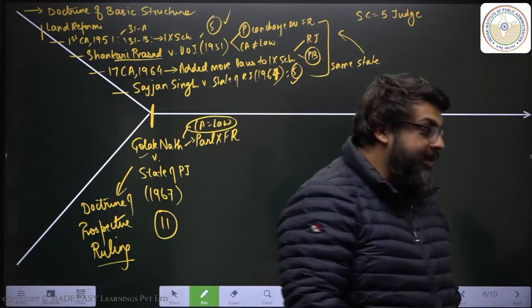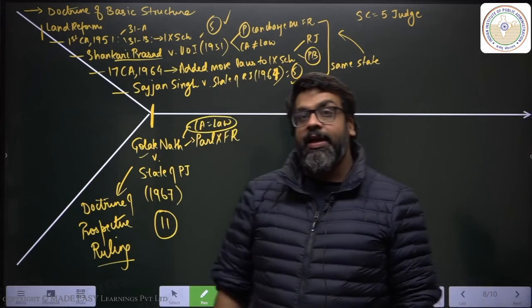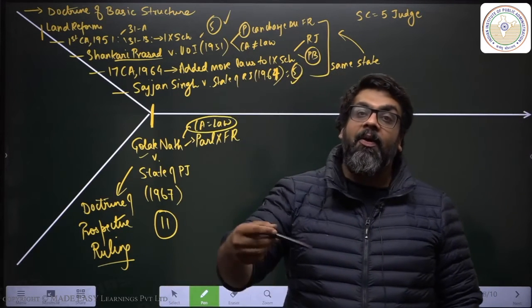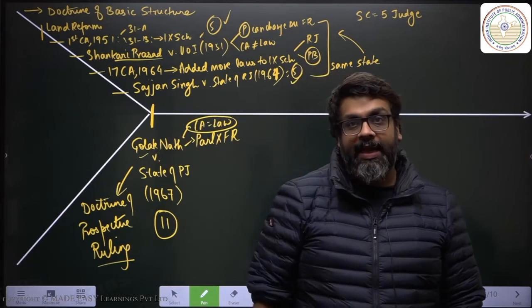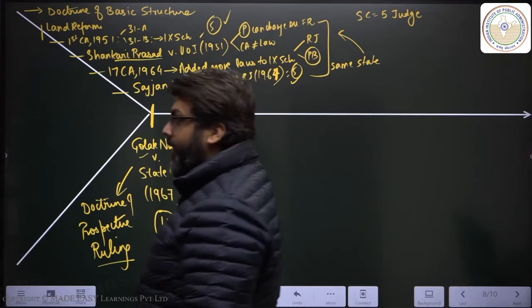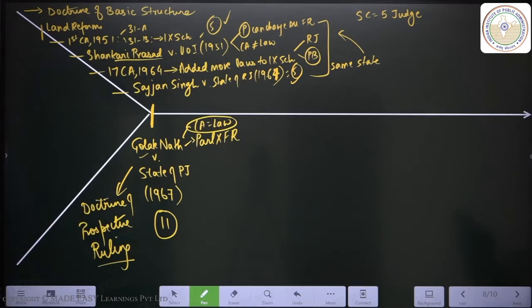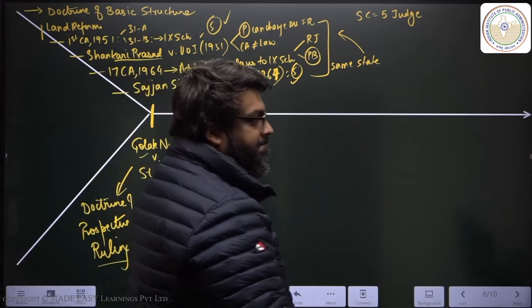The Supreme Court said this is wrong, the government can't acquire land. But sorry, Golaknath, this will apply to all future acquisitions of land, not what the government has already done before. So Golaknath, of course, went with a sad face.